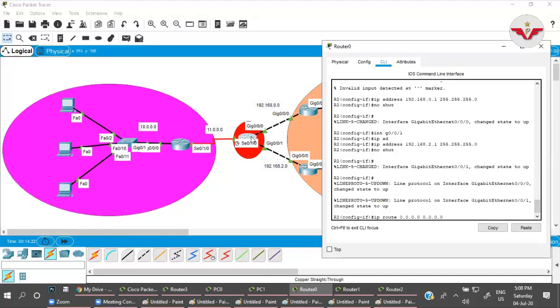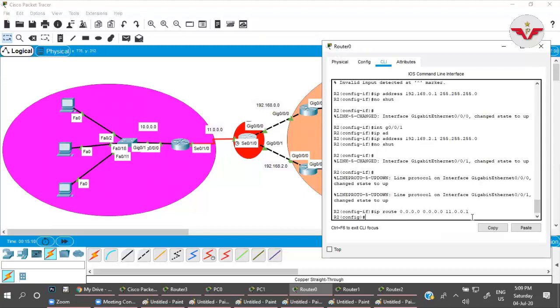So I'm just configuring this router on the WAN interface. This is connected with this, so the IP on this interface is 11.0.0.1. To go to this network or any further network, I don't have any information. So I'm giving the instruction to the router: for any network which this router does not have information about, go through 11.0.0.1. Any packet that comes to this router for that network, if this router does not have the information, will simply be forwarded to this interface, and this router will look after that. So done, right?